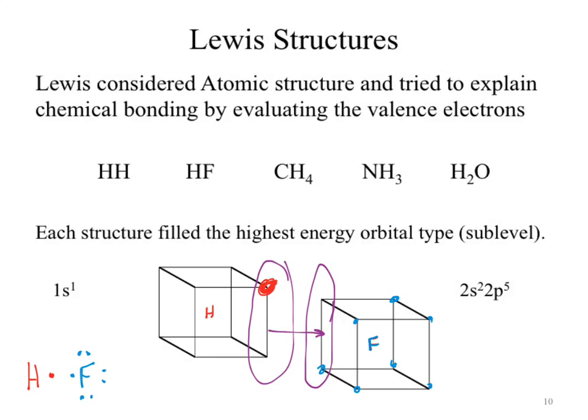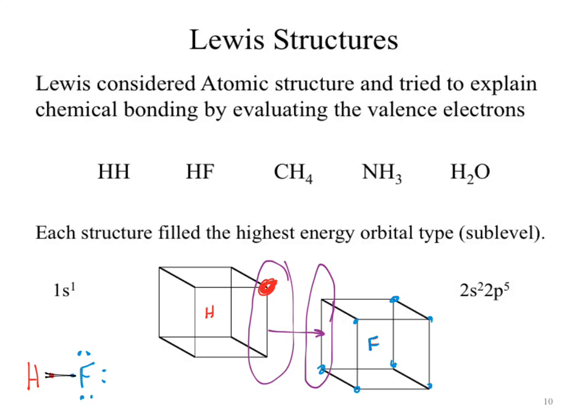What's special about this? We now have 2 electrons between 2 atoms. What happens when those 2 electrons get close enough to each other? They form a bond. So we now have a bond between these 2. That's an awful lot of dots to be showing in there. So let's simplify our drawing and draw a bond a different way. How do we draw a bond? We convert those 2 dots into a single line. And we now have a Lewis structure for HF.